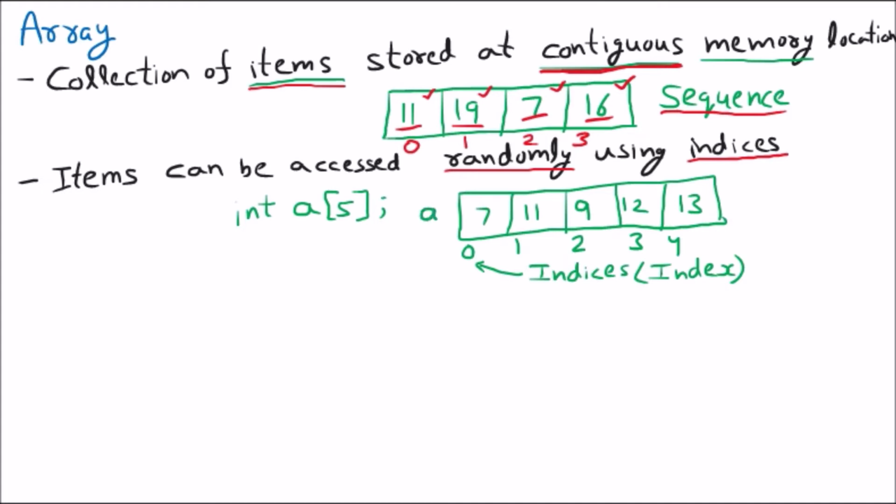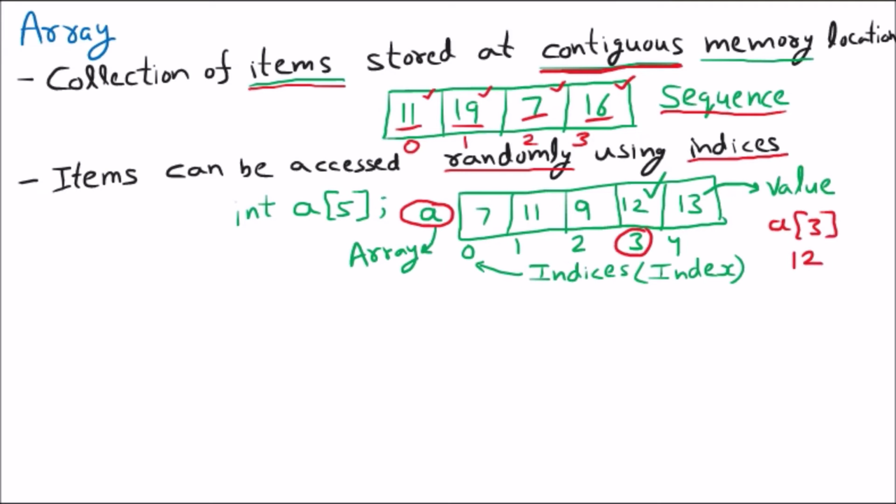So A is the array. A is actually a variable which is declared as an array. So here A is array, and these all are 7, 11, 12. These all are the values which are stored inside the array. Now if I have to take out a certain element, let us suppose I want to take out this 12. To take out this 12, we know that it is array A and the location is 3. So if I print A[3], then it will give me the answer as 12.